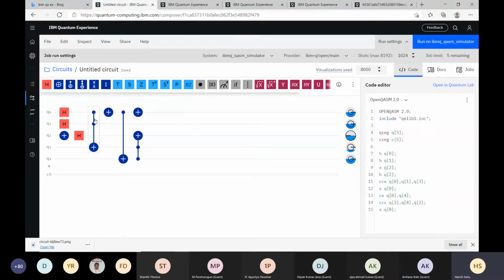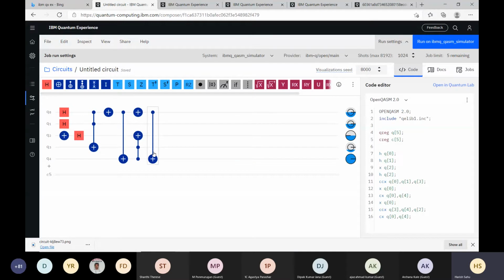As I already told in the earlier session, this control NOT and this control NOT are self-inverse. So if you apply them two times, their effect is nullified. So what we can do is simply apply this gate again and this gate again. That will nullify the effect. If I apply a NOT gate from where to where? It is not behaving as it should. You can type here also in the programming interface QSM. What I wanted is to apply this CX from Q0 to Q4. The same gate. So it will restore this Q4.